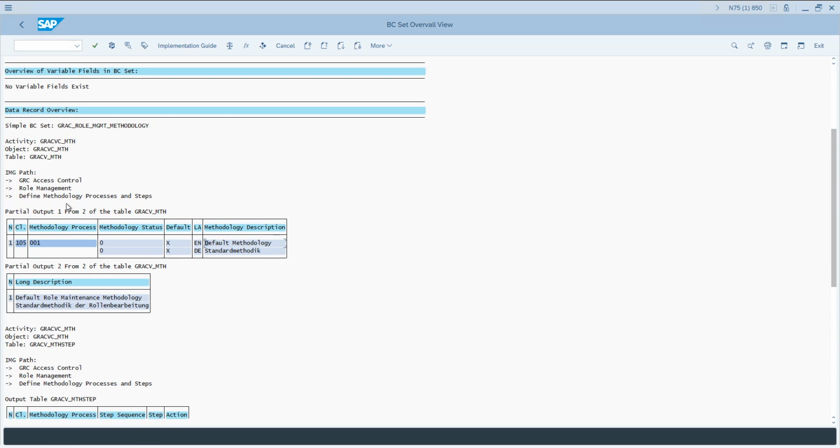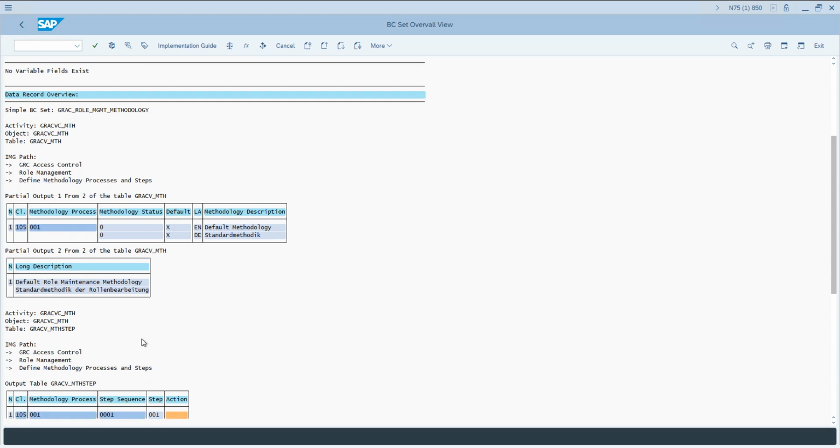And the table, this is the path that you need to follow. And this is a table where it is saved. This data is saved in this table. Okay, and